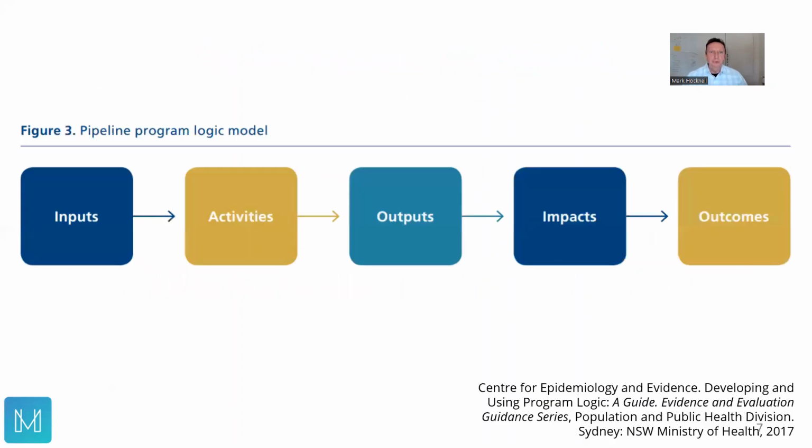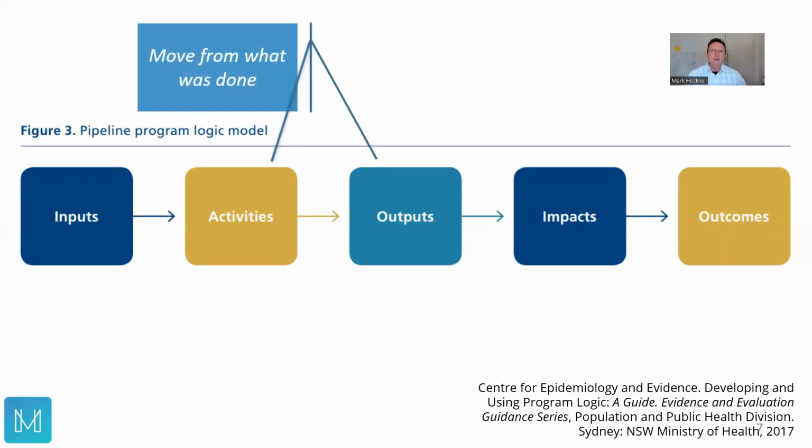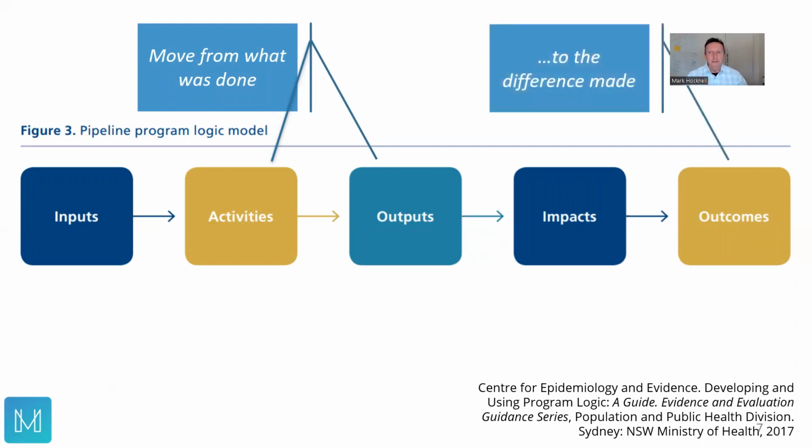So we often use a program logic model as an example of saying, this is the stuff that we have, this is our inputs, this is our activities, they're the outputs, which eventually lead to outcomes. One of the deceptive things I think about program logic models is that it makes us think that things are linear, whereas it's not quite as simple as that in the world. It's a bit more complex. Anyway, let's use it as a model. So when we're focusing on outcomes, we want to move away from what was done to the difference that was made.